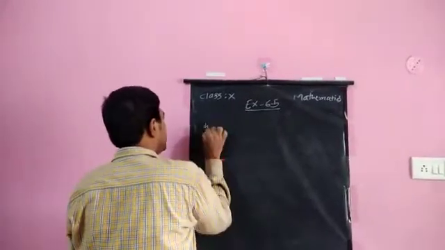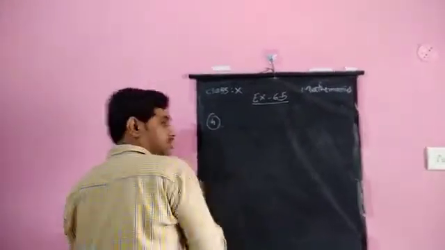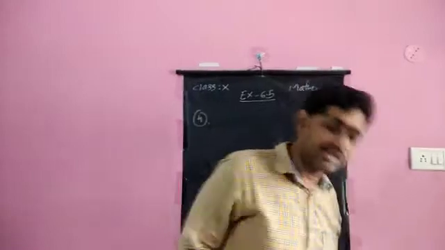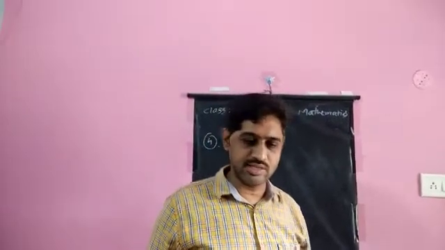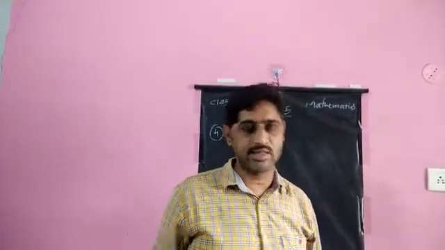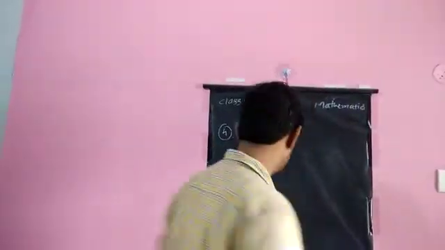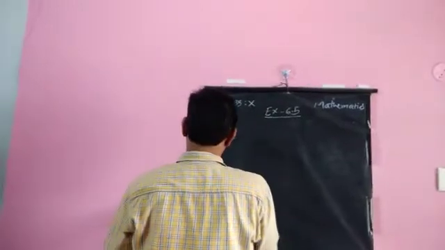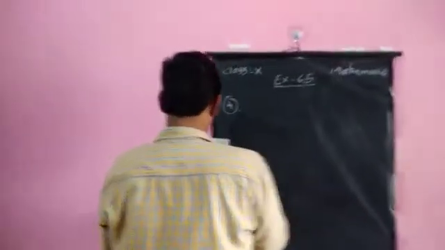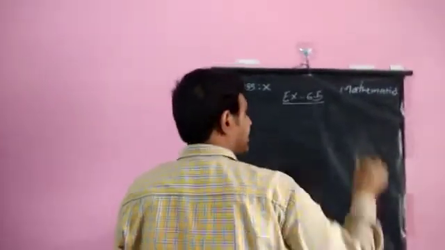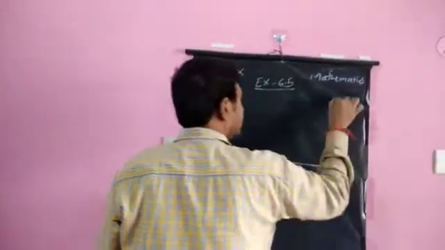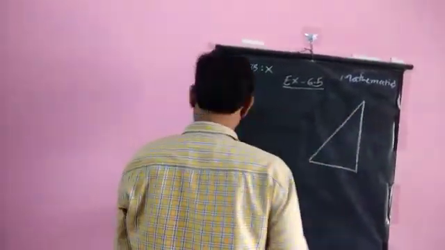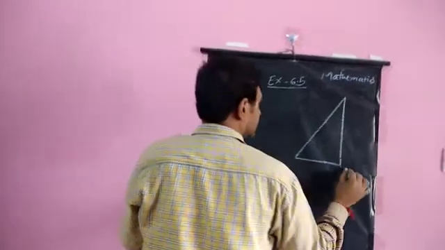Fourth question, if I say, fourth question states that ABC is an isosceles triangle, right angle at C. Let's see. If I draw a triangle with a right angle,